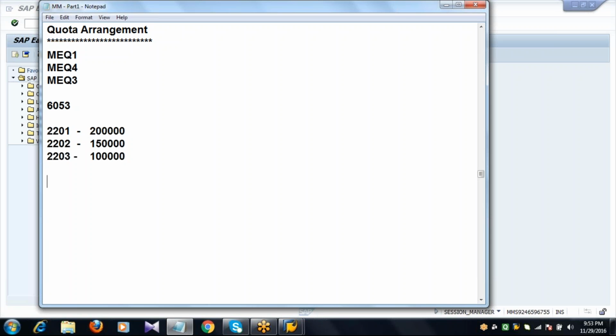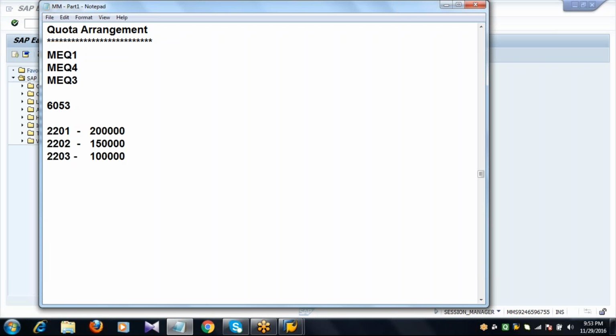So what is a quota arrangement? Quota arrangement is a master data and source determination component in which we list all the sources of supply or vendors and assign quota quantity for a particular period for a particular material at plant level.